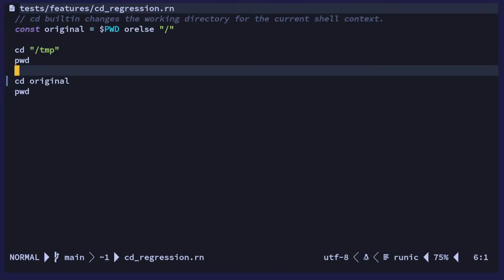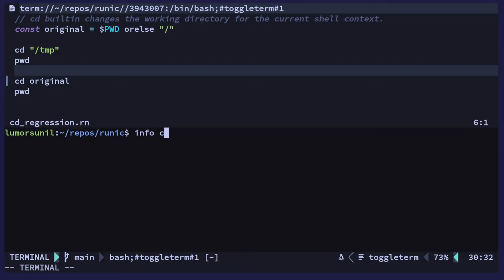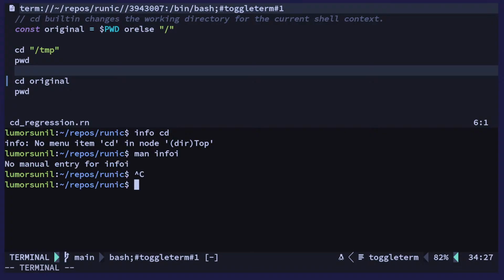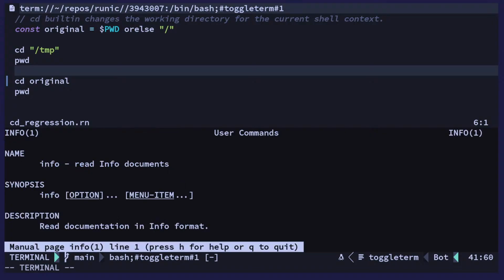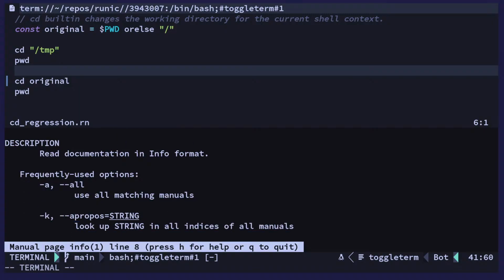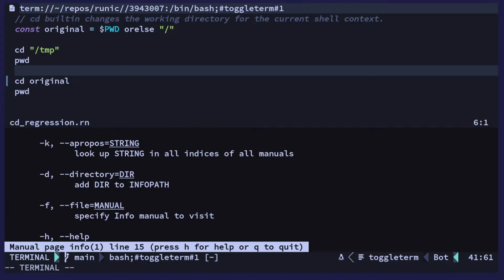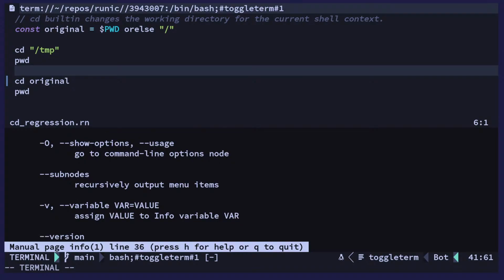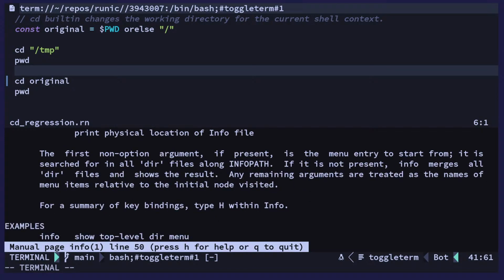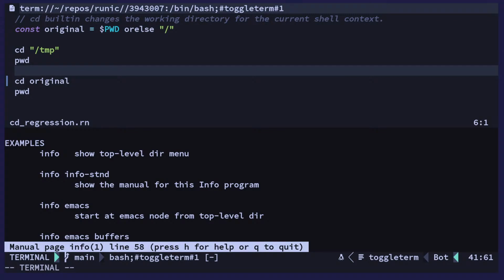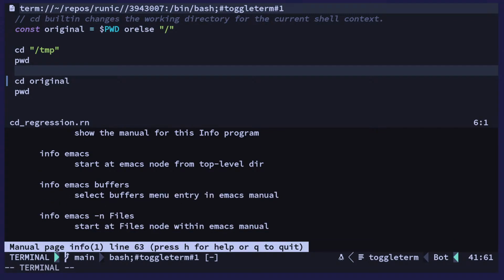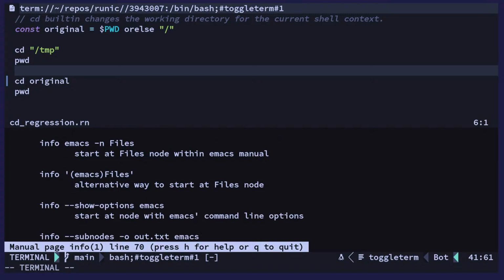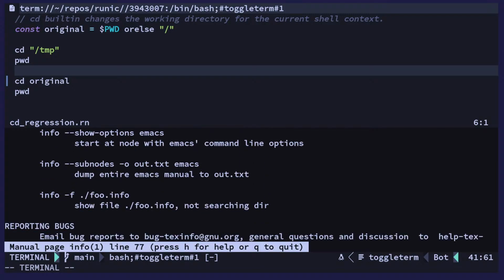You can also do info cd, okay. I didn't know that. What is info? Read info documents. Huh. Okay, what's the difference? Is this just another show info Emacs? So it's like a more advanced man thing, or